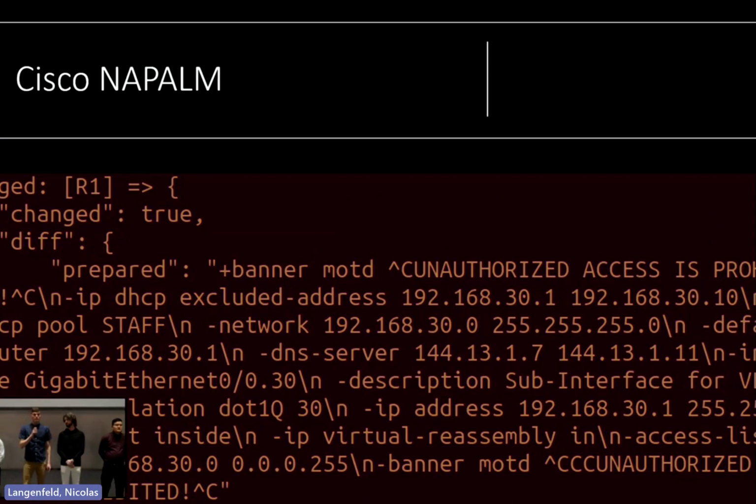So Napalm is a Python library that uses a single set of functions to interact with multiple vendors using a unified API. And what we're using it for on this project is to check for config drift and for compliance. Now you may be asking, what is config drift? Config drift is essentially when your configuration on your devices gradually changes over time and eventually becomes inconsistent with the